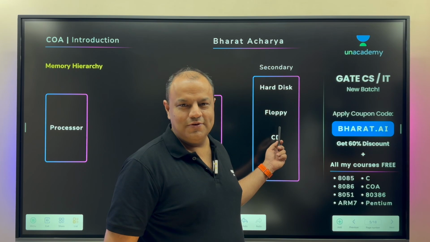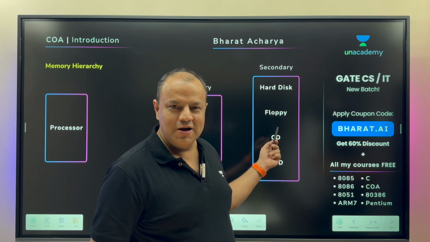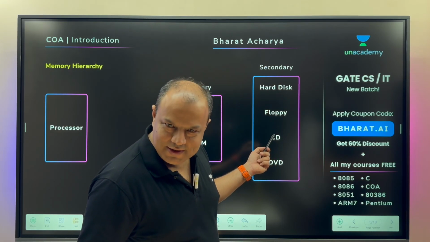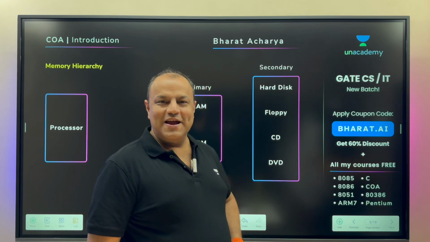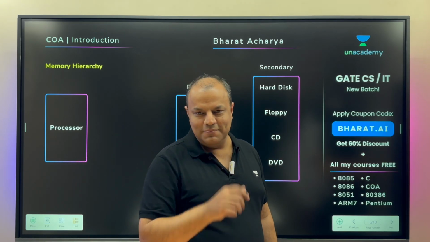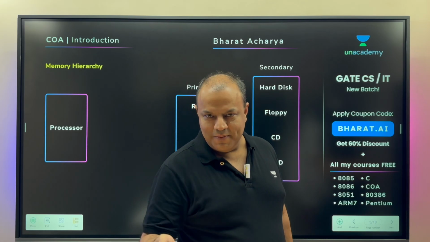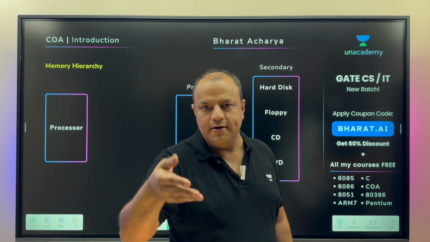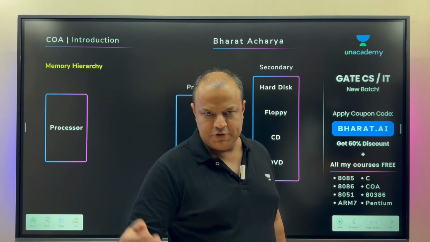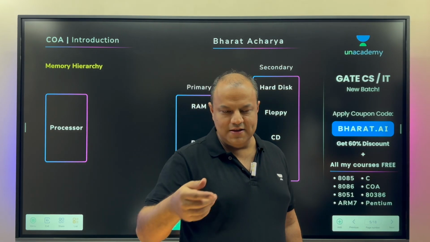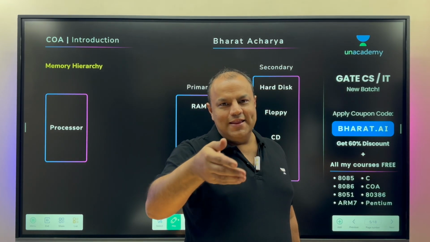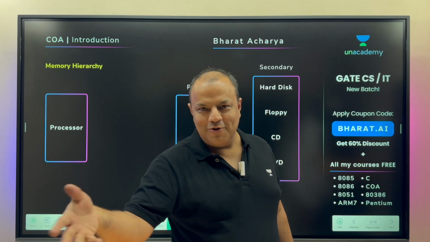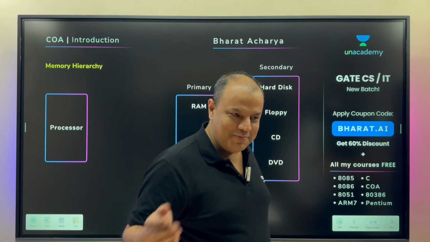Do you have any cousins, parents or elders at home who were doing engineering during the 90s? They will agree. Even to get a game, a floppy was so small, 1.4 MB. To get a game, we used to cut the game. Okay, not literally cut it, but break the game into parts. There was software for doing it, RAR files and WinZip. And then we used to unzip them, store them in floppies, and then get the game installed in the computer.